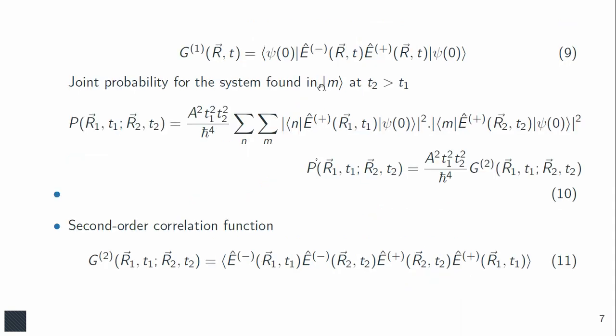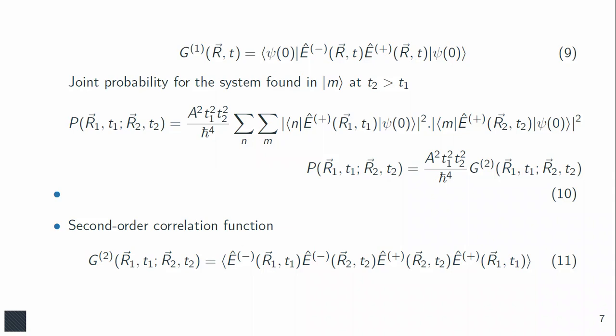So the first order correlation function is given in equation 9, and as we described earlier, it tells us how much coherence there is in the light, and it basically tells us the intensity of the field and how much it is fluctuating. So in order to find the joint probability of the system later at time t to be found in a different state m, at a different position r2, this could be calculated by this joint probability formula, and it is just telling us the probability of finding the state at a different position at a different time